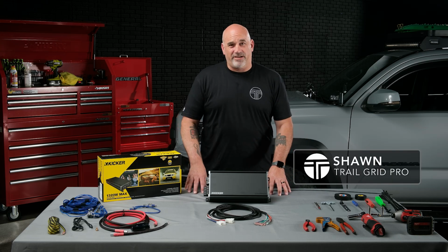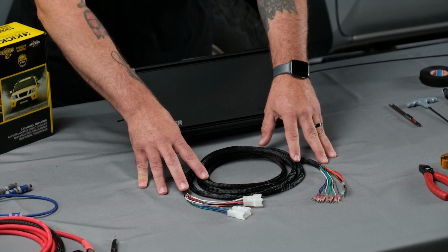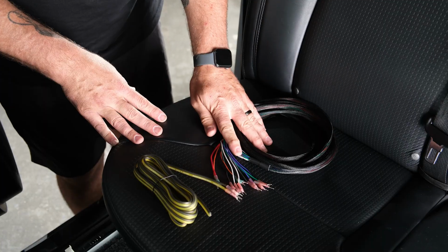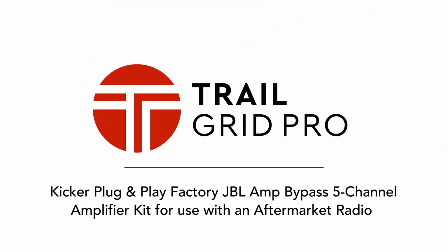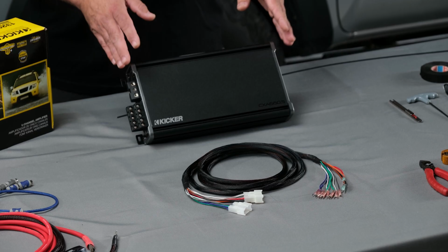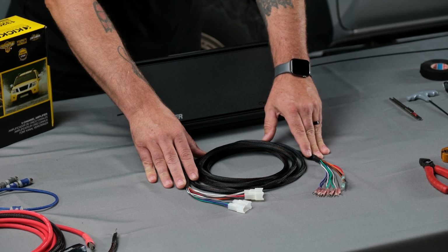Today we are super excited to introduce our newest plug-and-play bundle for your 2016 to 2023 Toyota Tacoma, featuring our exclusive JBL Amp Bypass. Included in this bundle is the Kicker CXA 660.5, our JBL Amp Bypass pre-terminated for your Toyota Tacoma, all the